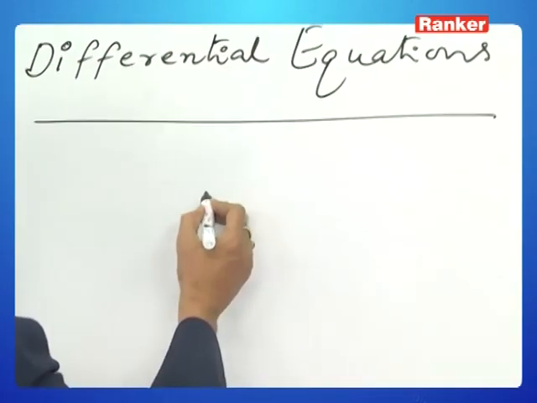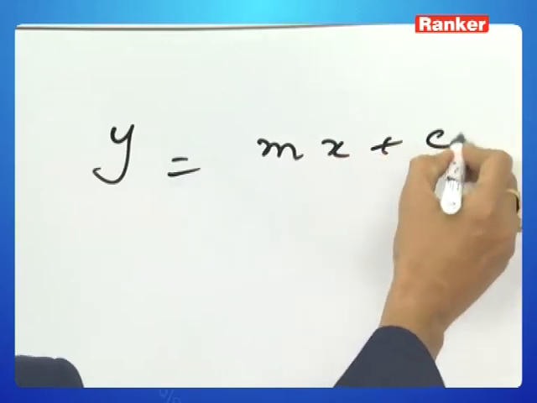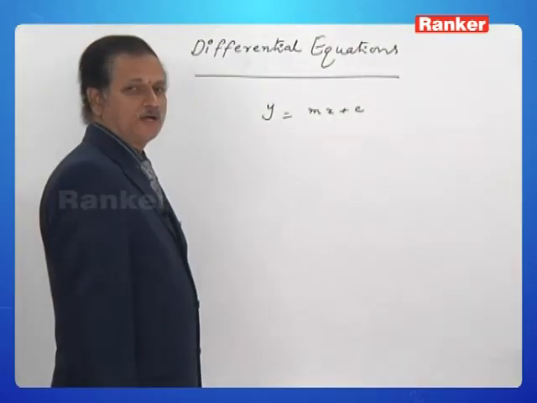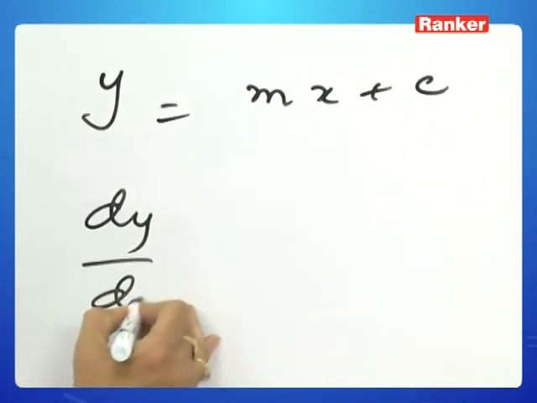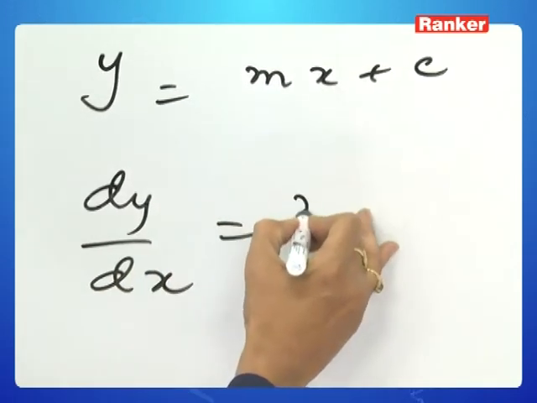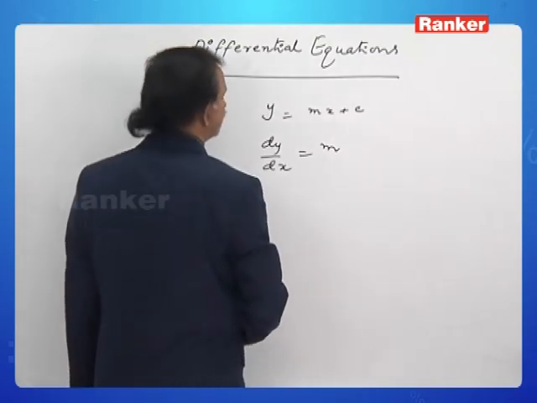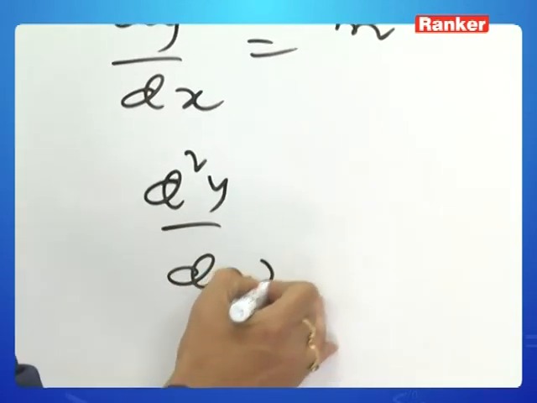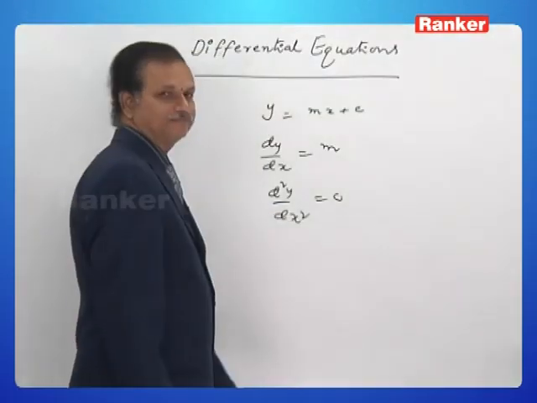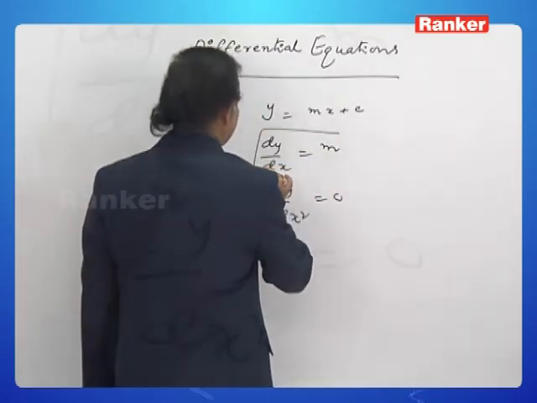Consider the function y is equal to mx plus c. Differentiate it on both the sides. dy by dx is equal to m. So d square y by dx square is equal to 0. Isn't it? In this equation,